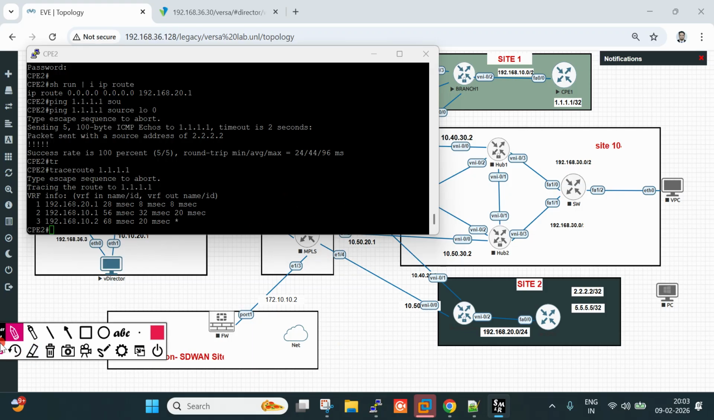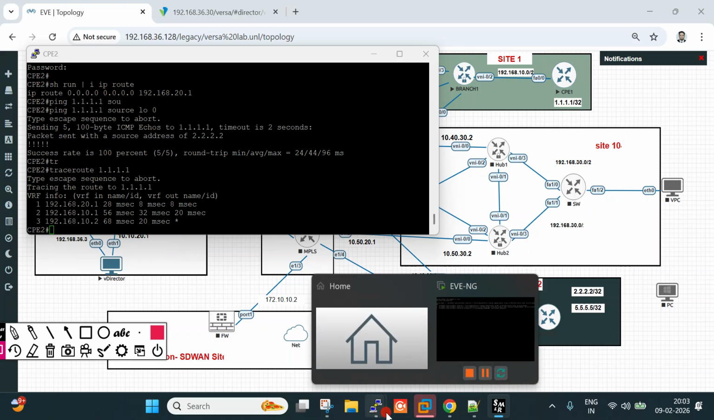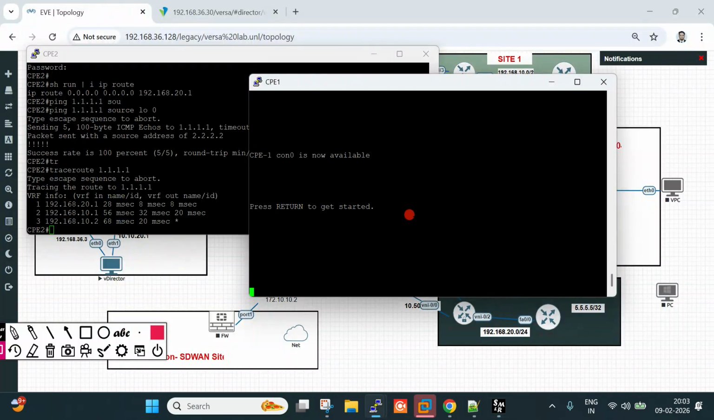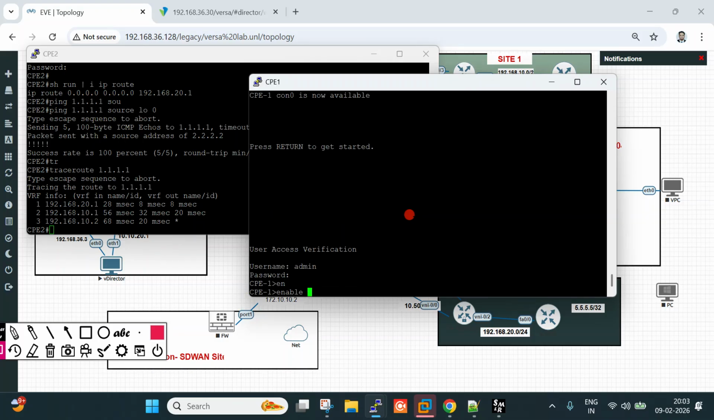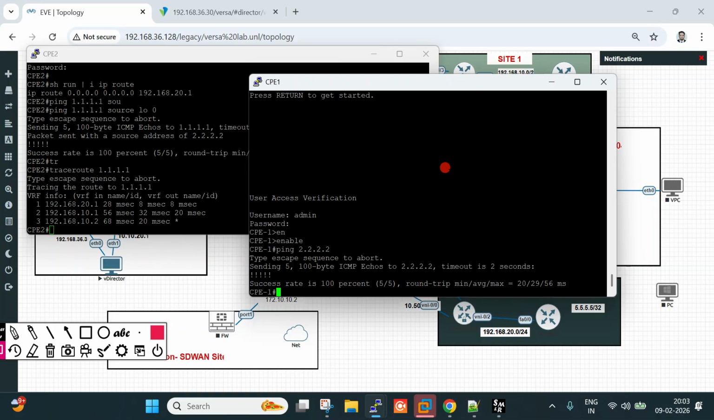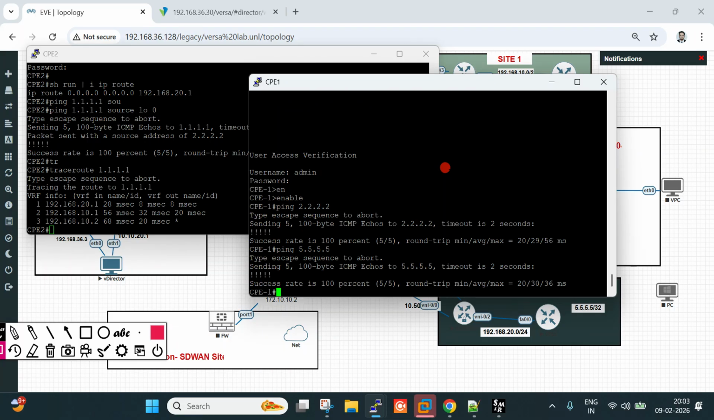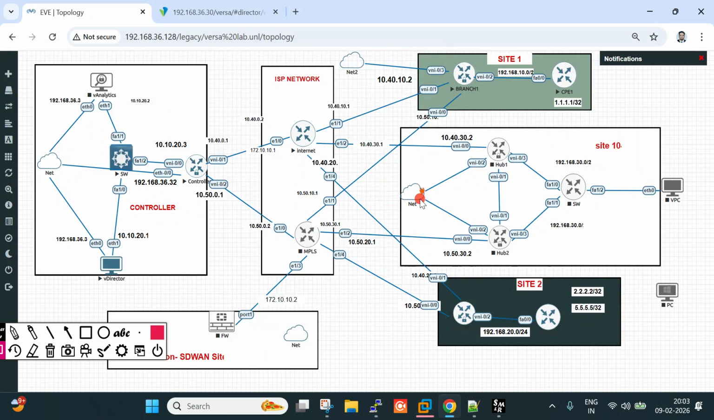Meanwhile, we can check on CP1. Admin, enable. Here the same is configured. We have configured a default route towards the branch 1 side. So let me try pinging 2.2.2.2. Yes, pinging. Ping 5.5.5.5. Oh, yes, so communication is happening. So that is the task. Our task is completed